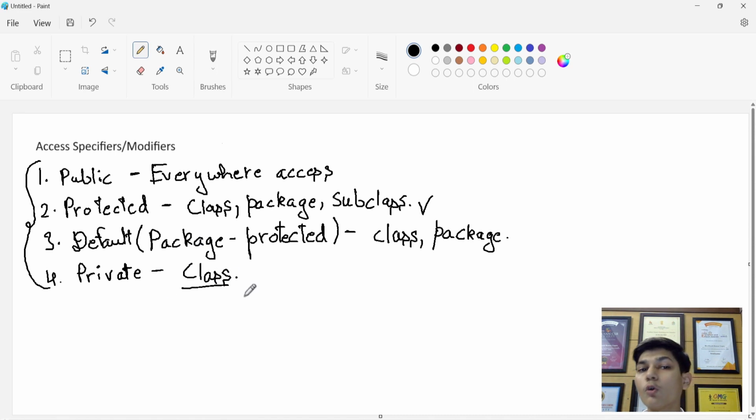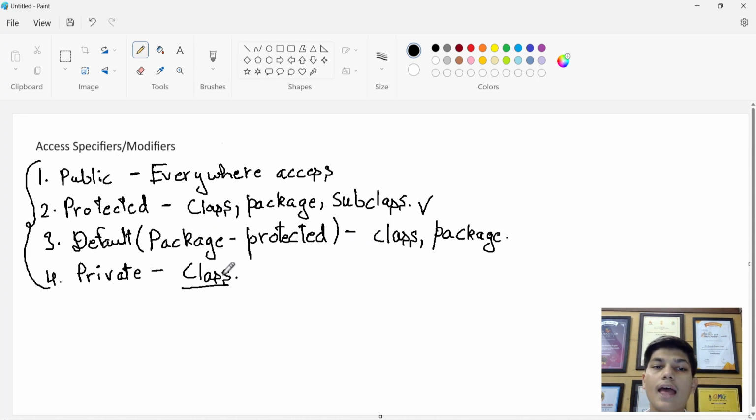It is also known as nowhere access, but at least it has access to one thing, which is the class, and it has a very small scope in that case. But public has access everywhere, from any folder, from any directory. In the case of default, the subclass can access the default members, but only if they are within the package. But in the case of protected, if they are in another package as well, but they are subclasses of the main superclass, then they can also access the protected members,